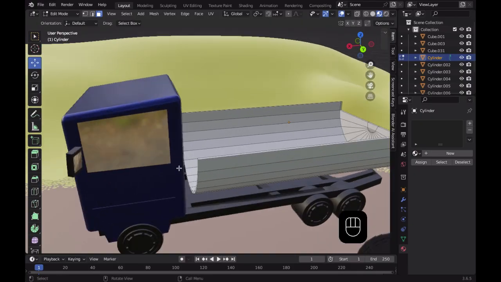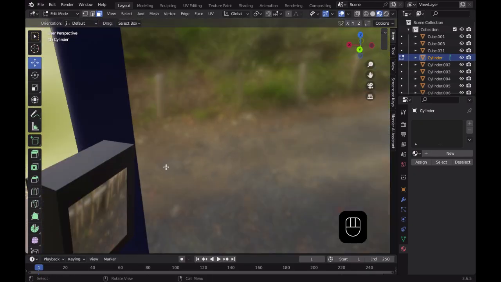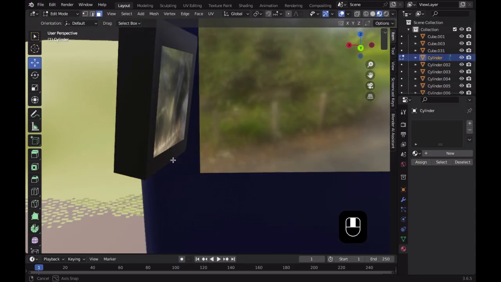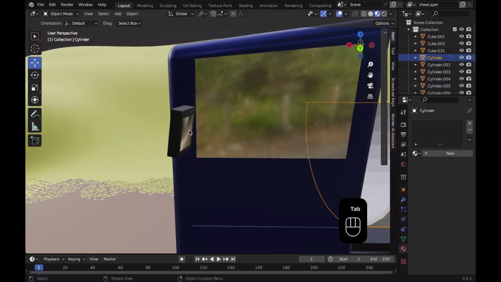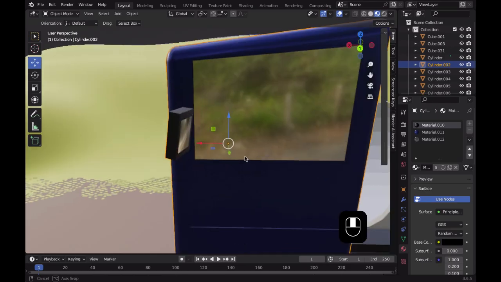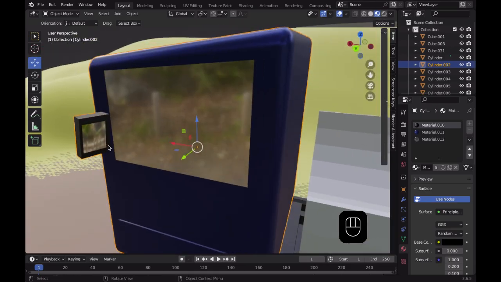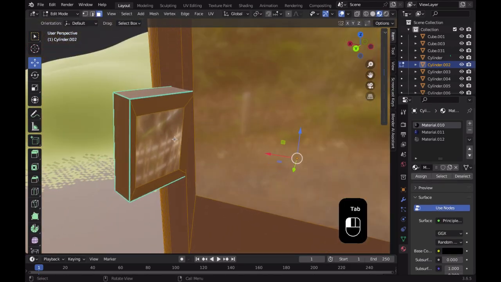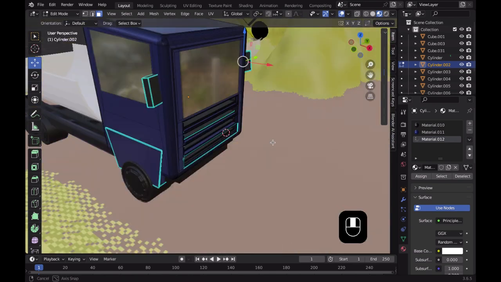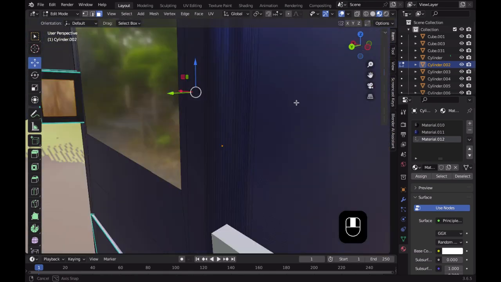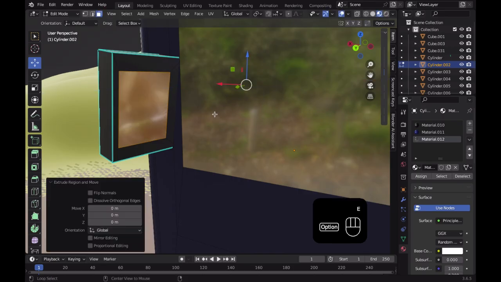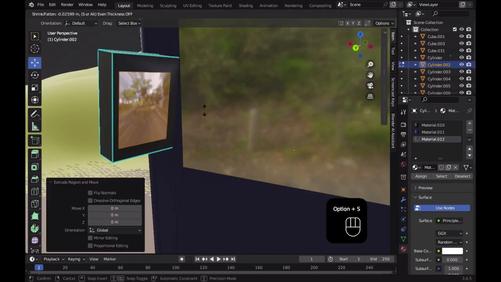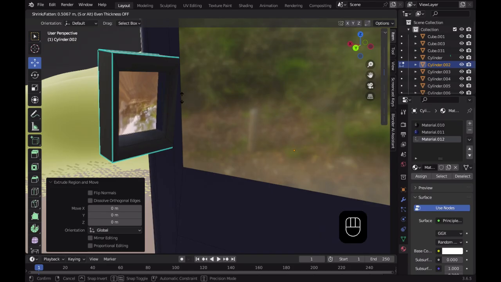As you know, last time we did this mirror, and as you can see, it's only straight. So what I want to do is go back out of edit mode. I want to click onto this little bit here, and I want to click edit mode, and then click on this face here. Same on this side, like this. I'm going to click E, then right click, and then do Alt S. Basically what that does is move it in the direction that you want it to move in. So let's move it in a little bit,